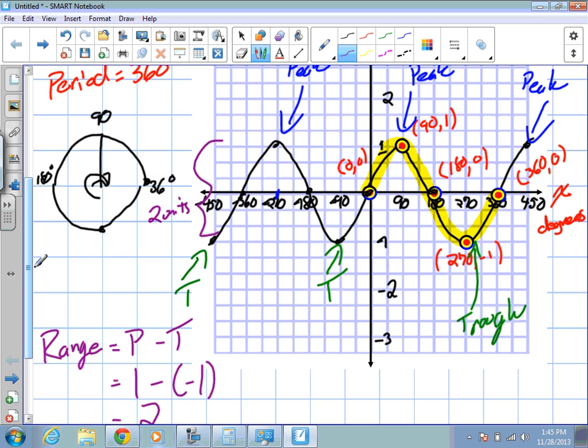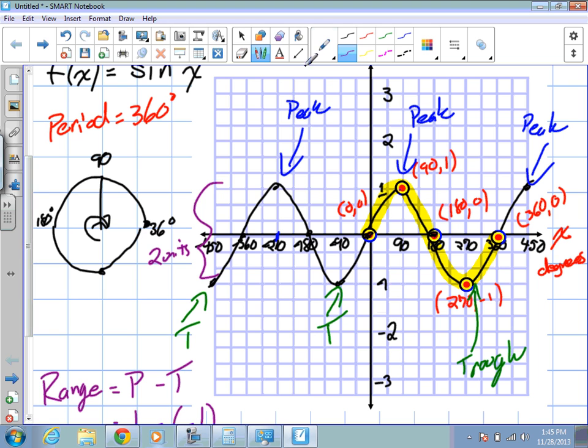Now, there's something called an amplitude of this function. And the amplitude deals with going from the middle to a peak or a trough. It should be the exact same distance. Okay? So, in order to find the amplitude of a function,